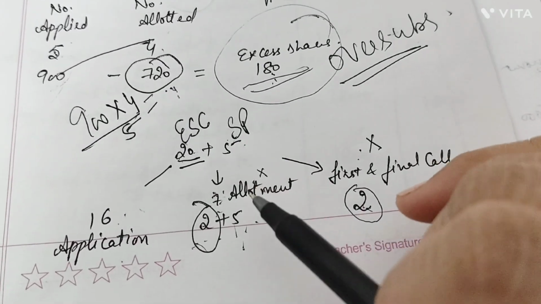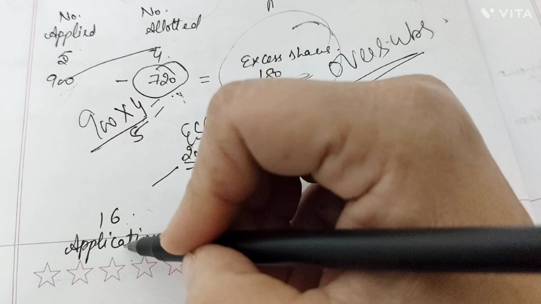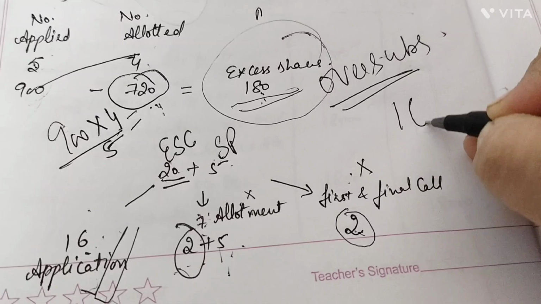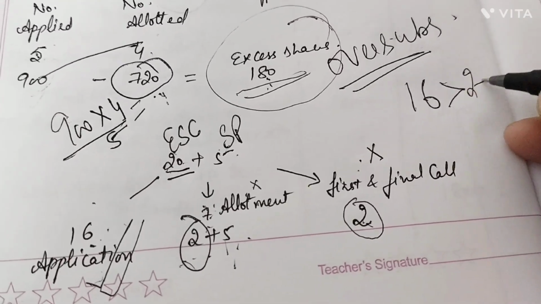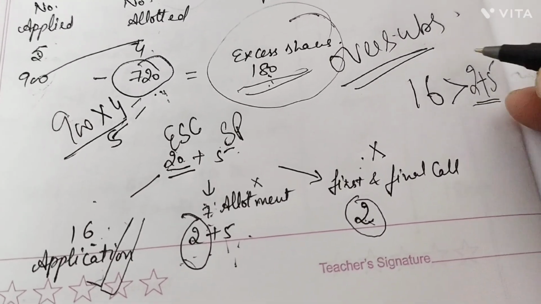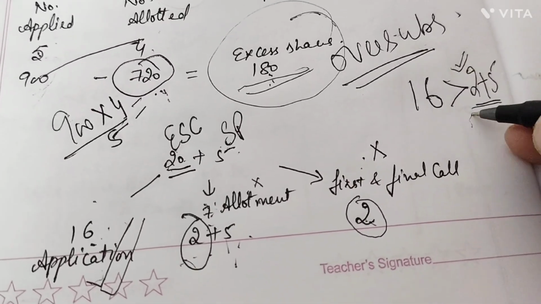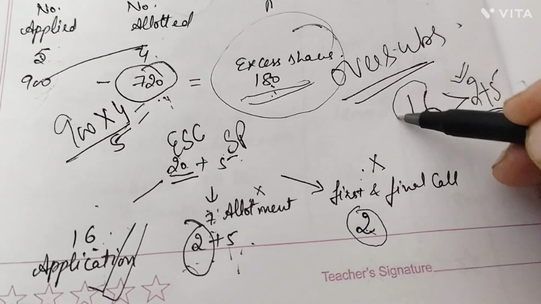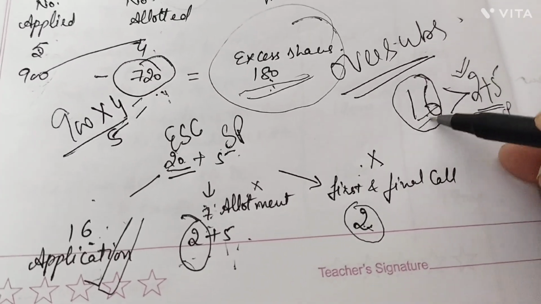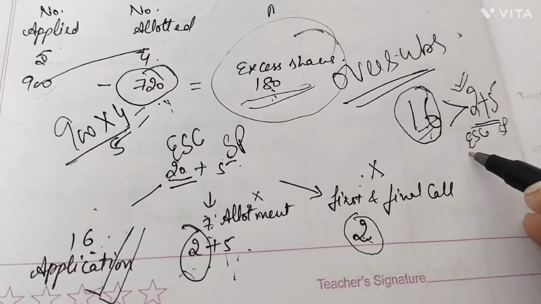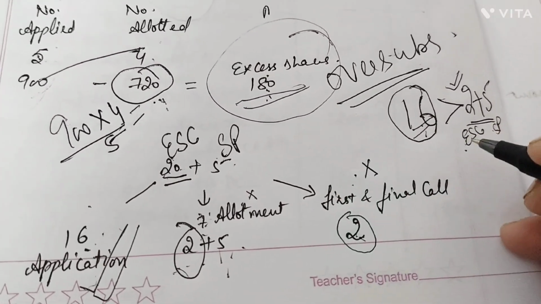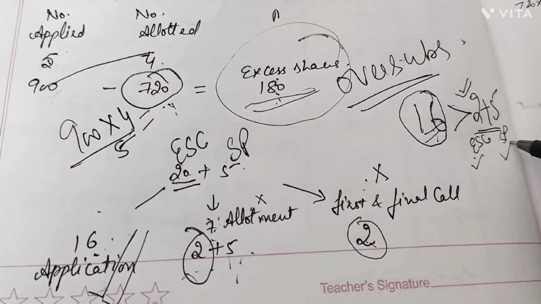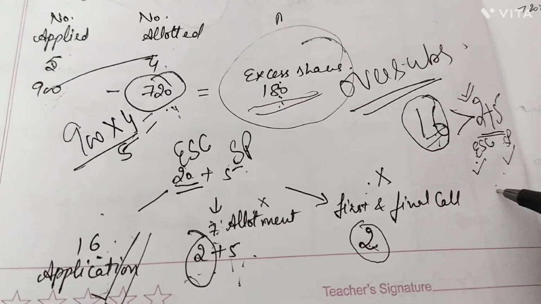Now this question gives a very good hint: the application amount is of very high value as compared to the allotment value. What was allotment? That was 7, of which a part was equity share capital and a part was securities premium. So when a very high value is payable on application, it shows that, apart from the excess shares, a part is received for equity share capital and a part is received for securities premium also. Why are we making this point here?